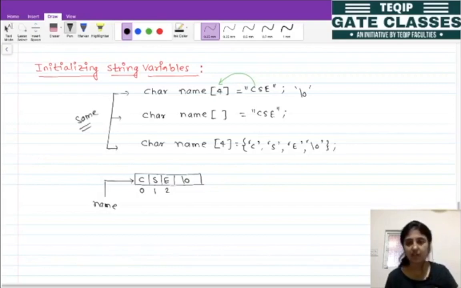Whenever we are giving this size while declaring the array, at that time we need to be very careful, because we want one extra location to store this null character, right? So let's discuss the three cases. What will happen if we have a different string length from our size?